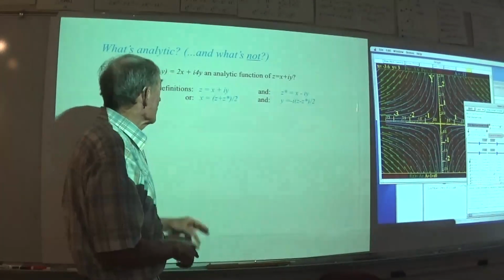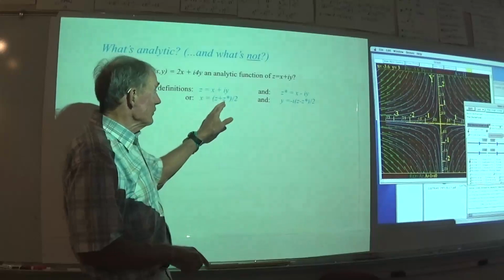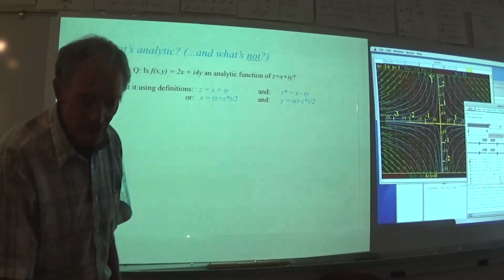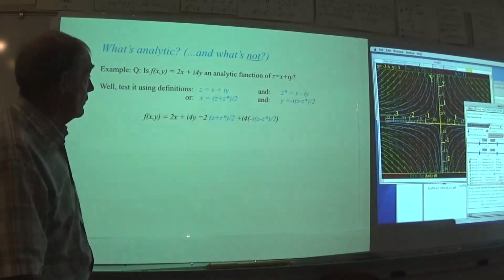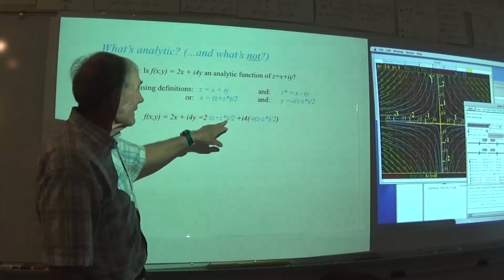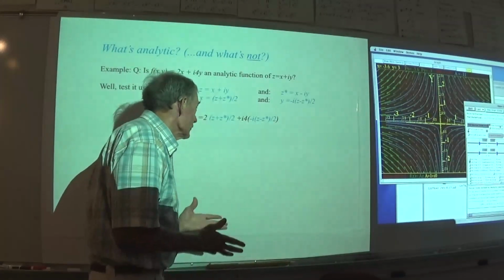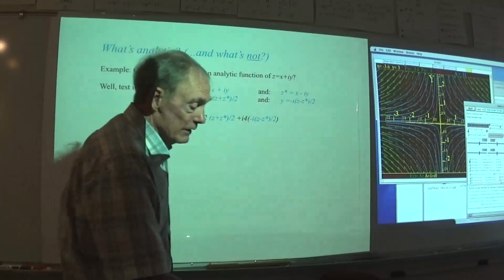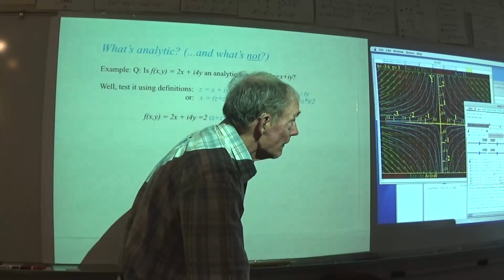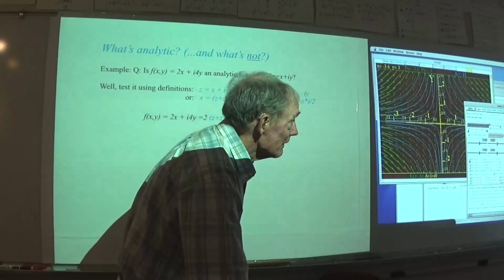Let's put in for x and y these things. And if we put that into the function 2x plus 4y, we get this. So far so good. And let's just do it down here as well. So far so good, but